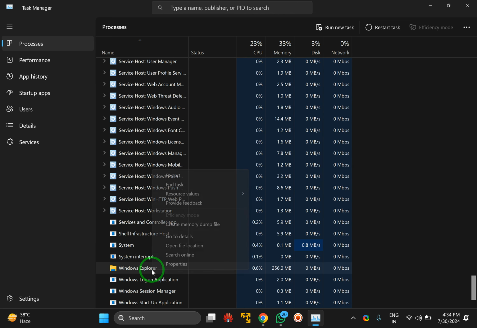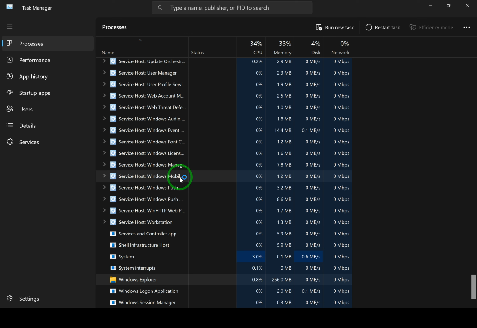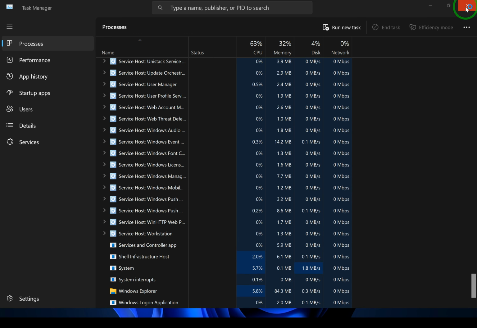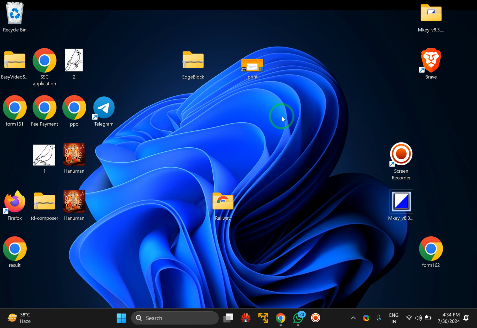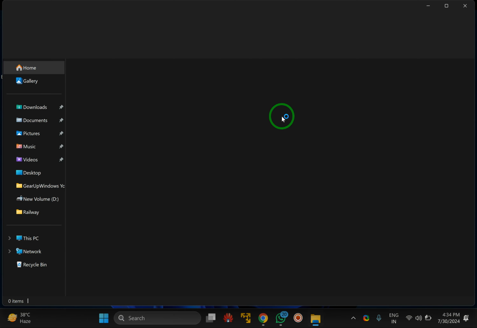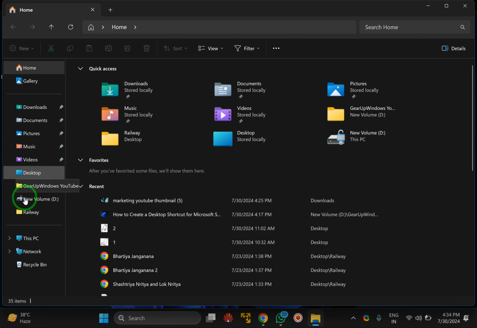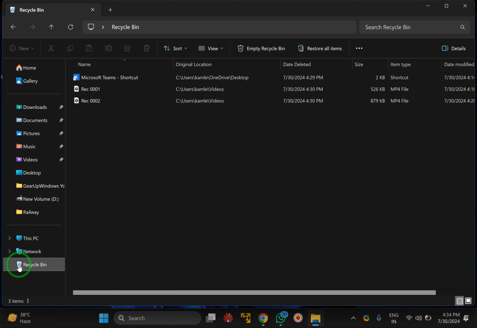Select it, right click on it and choose the Restart option. Now close the Task Manager window. Now open File Explorer and you should see Recycle Bin. You will find Recycle Bin under the File Explorer left navigation pane.